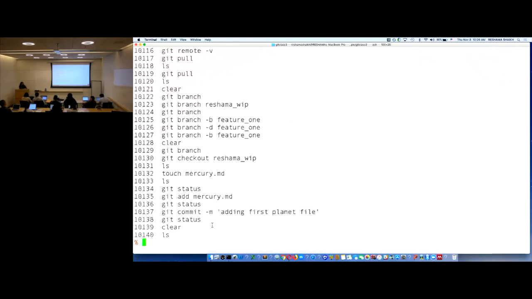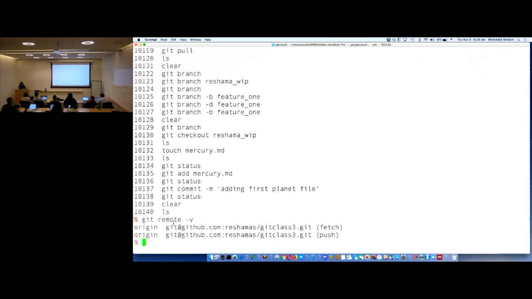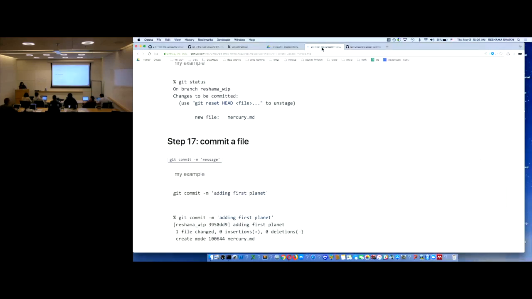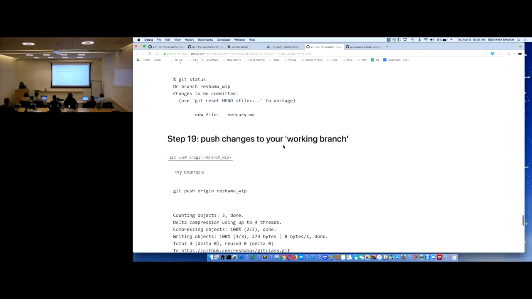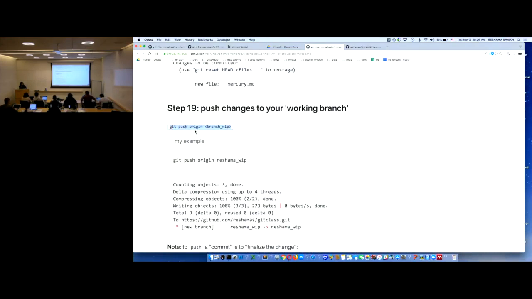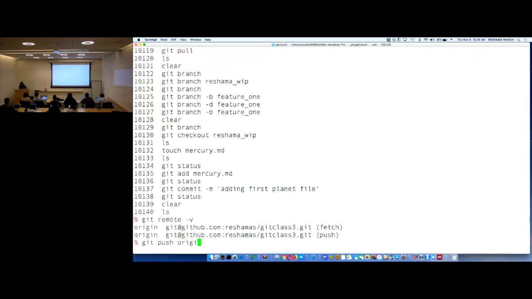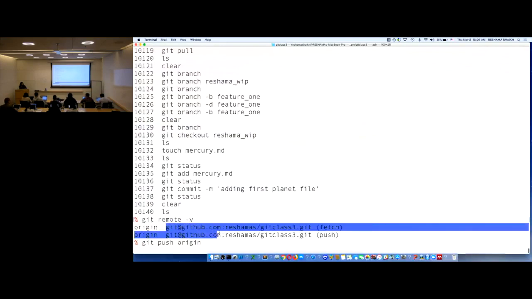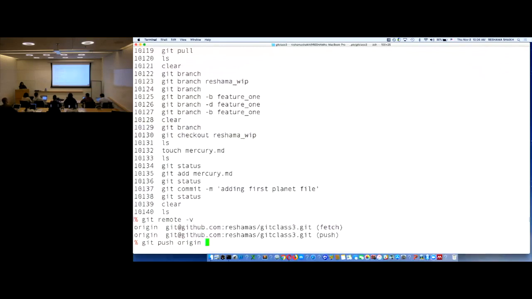Okay. So the way to do that, before we do that, I just want to hit git remote -v. Remember, our remotes are copies of our repo, and these are the short names for it, and this is the URL name. So to get that file up to the branch that I want it to be on, I do git push. So the syntax is git push, then the remote name and branch name, okay? So I want to do git push origin, which means I want to push it to this repo right here, and I want to push it to this branch name, which is